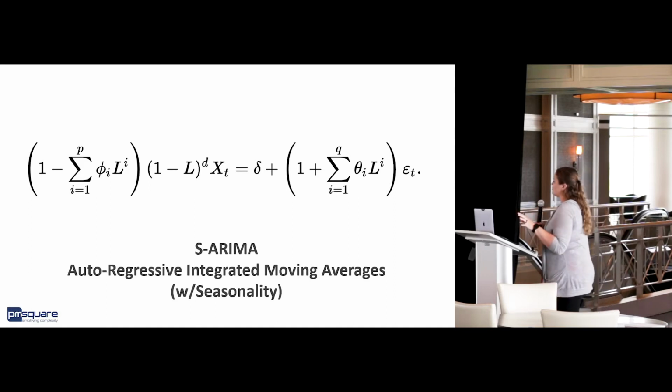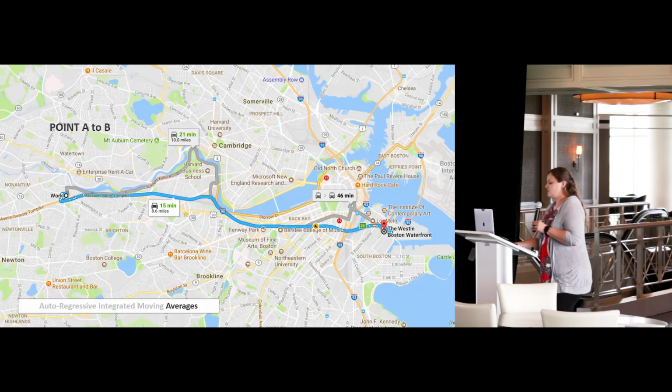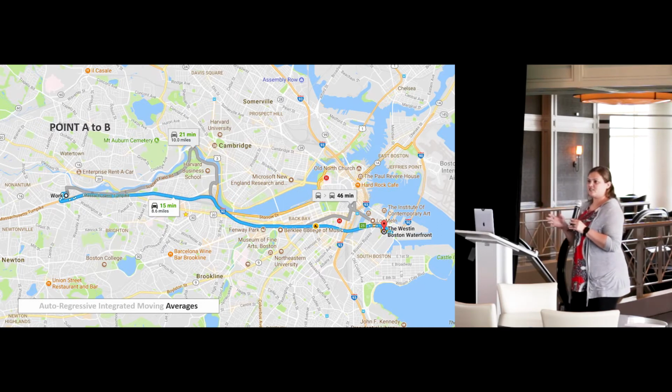So I'm going to walk through a very straightforward example of how to think about an ARIMA model with seasonality, and that's the S. So think about the last time you drove somewhere. You put your destination into Google Maps, and Google Maps said, on average, that's the averages part, it's going to take you, using this route, about 15 minutes. And it's using historical data based on everyone else who's ever taken that trip,